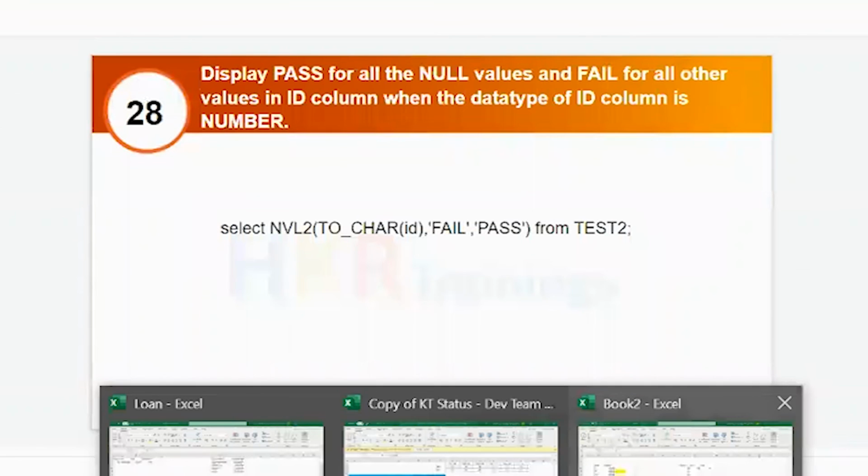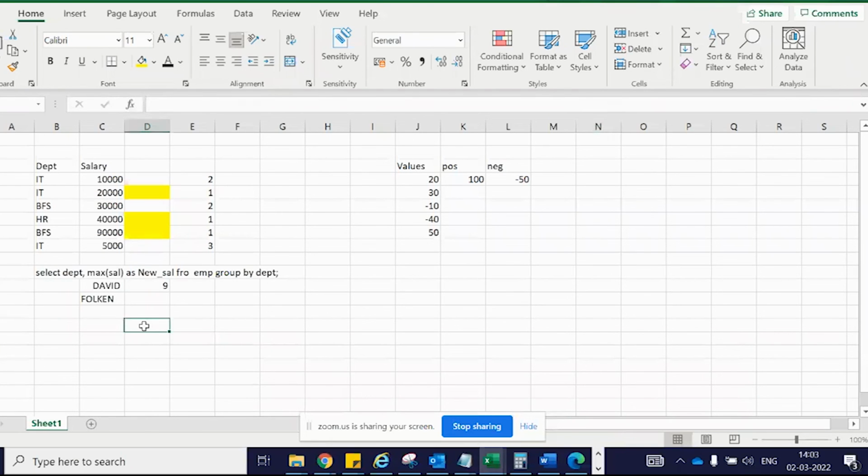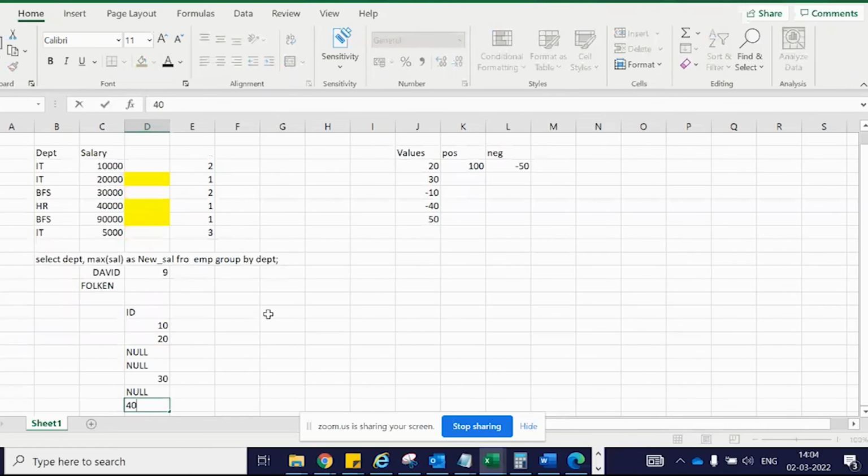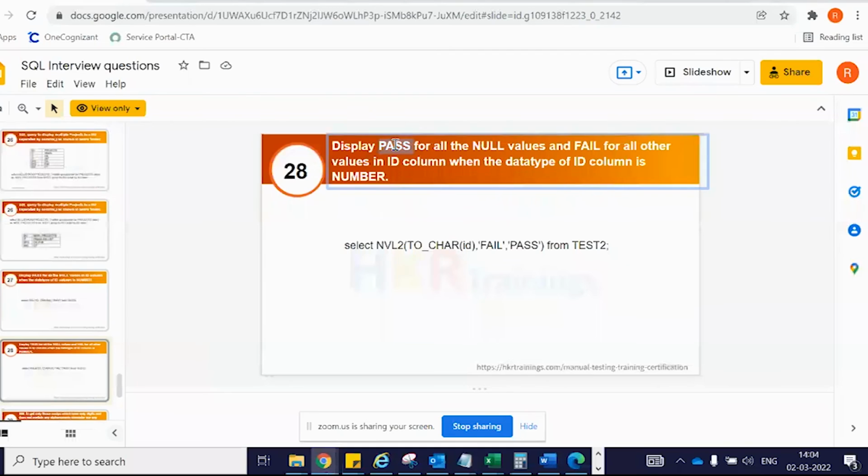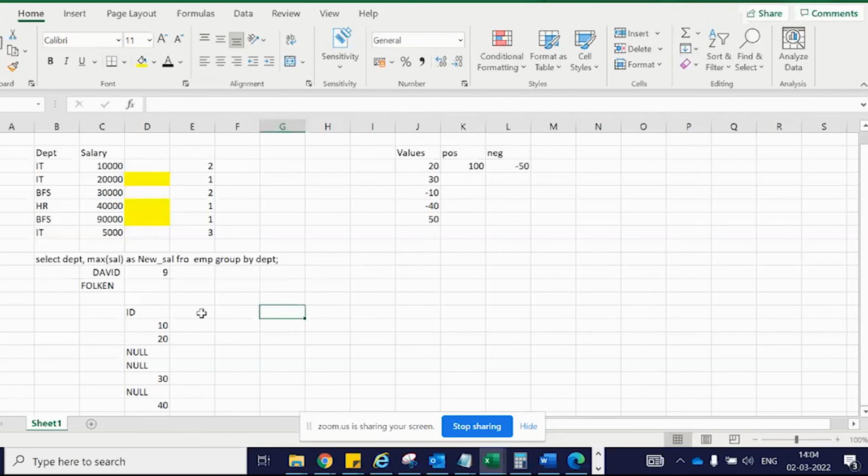So this is an enhancement to the previous question. Suppose we have an ID column here and we have 10, 20, null, null, 30, null, 40. Now it wants that all the null values should be replaced with pass, that we have already discussed, but all the other values should be replaced with fail. So the new column that we are going to be populating as new ID should be like this: fail,